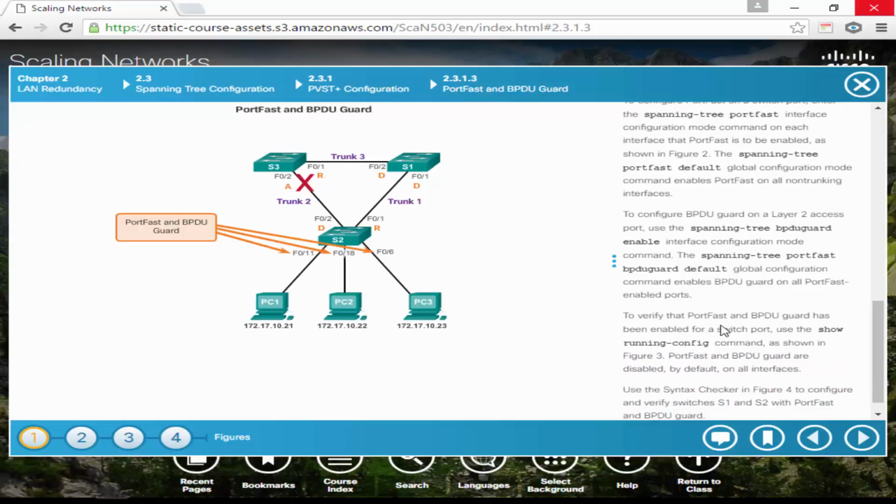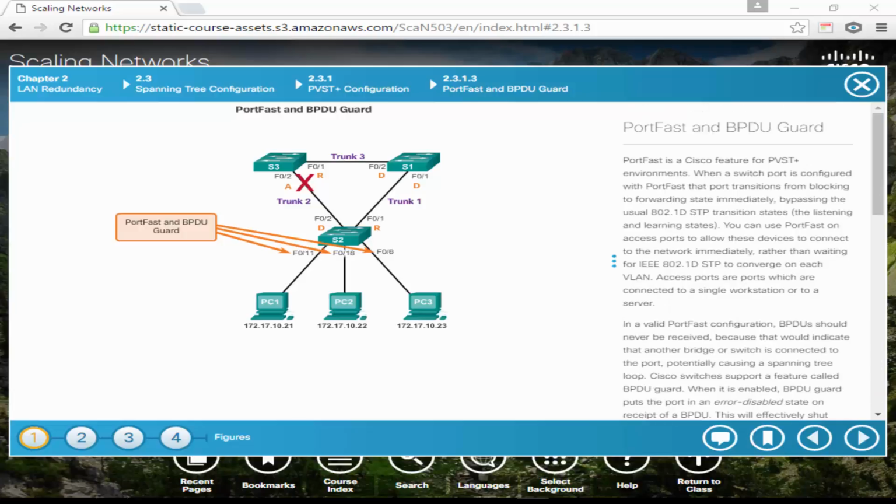BPDU guard, what it's going to do is pretty much what the name says. What it is guarding from is it works with port fast. So as you can see, port fast and BPDU guard. BPDU guard is going to stop